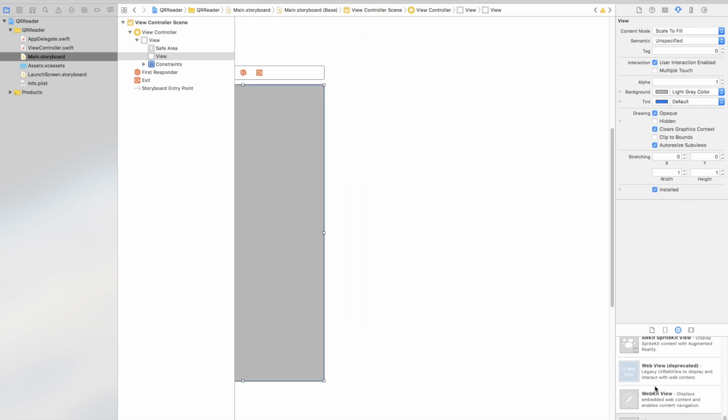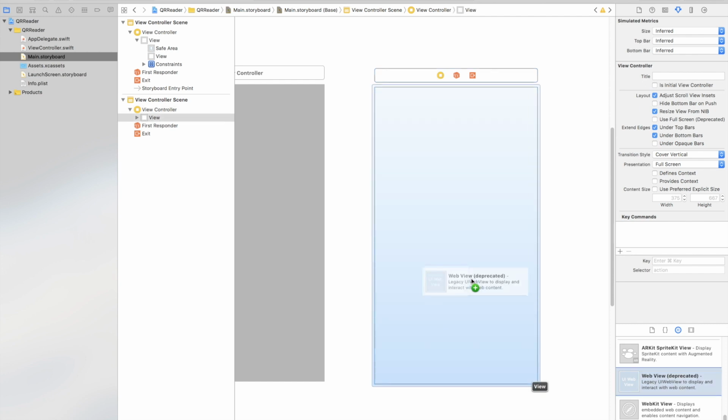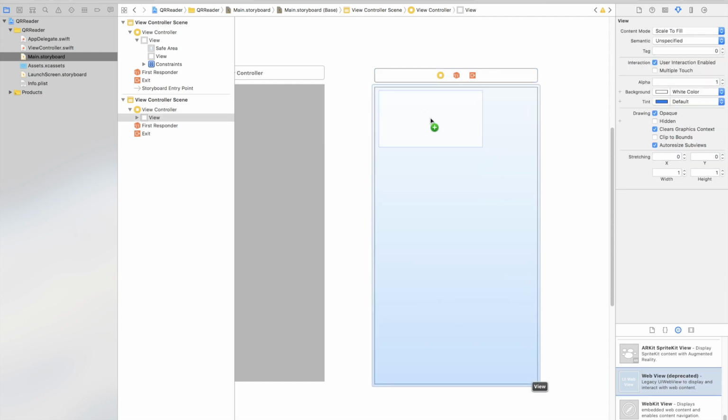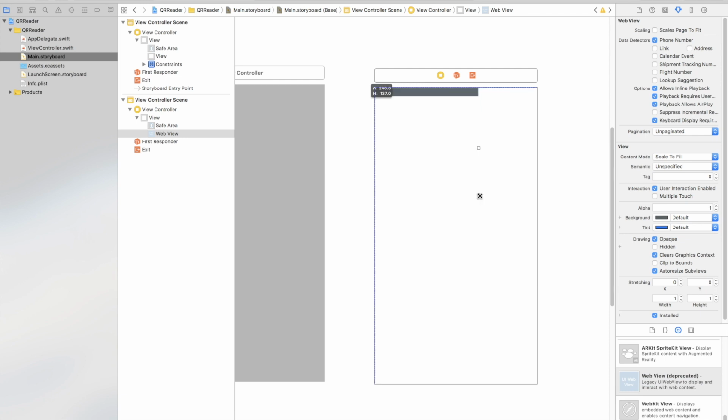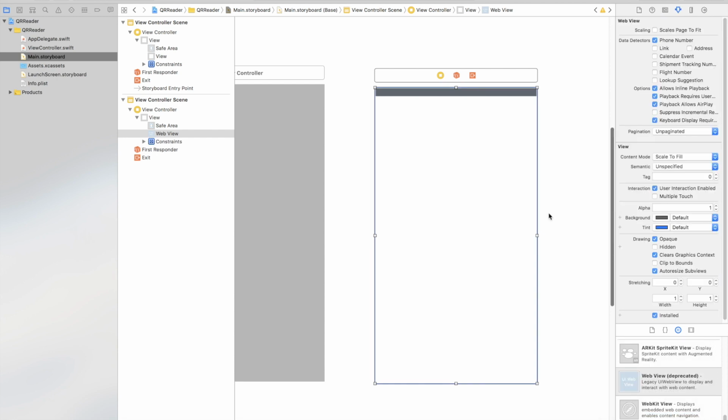Then drag in another view controller. On that view controller, drag on a web view. You can use a legacy one or the normal WebKit view. I prefer to use a legacy one because the new one was just released, and I prefer the old one because that's what I'm used to. But they both work in the same way. Add the constraints,